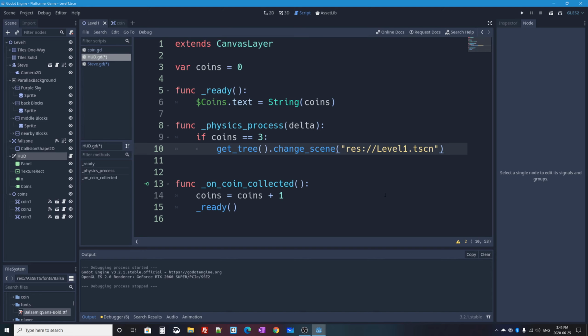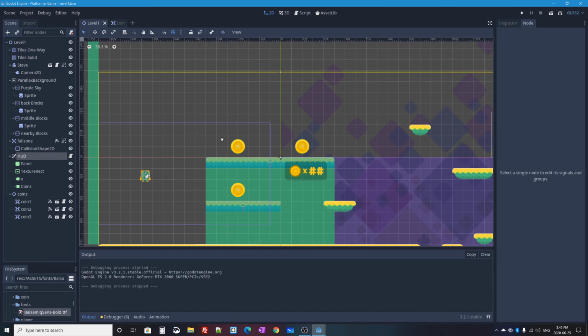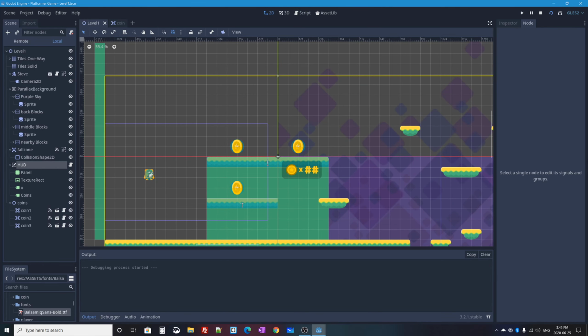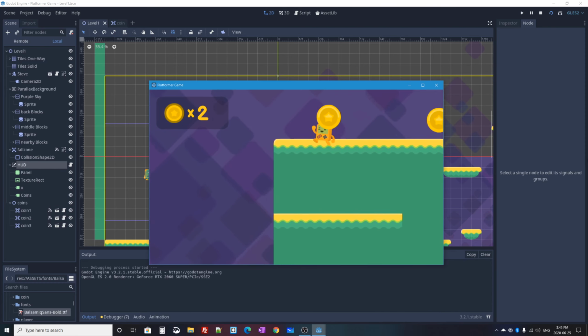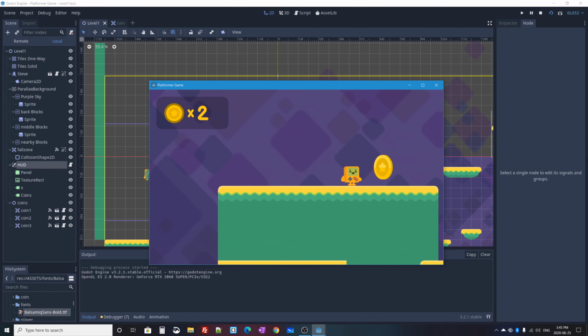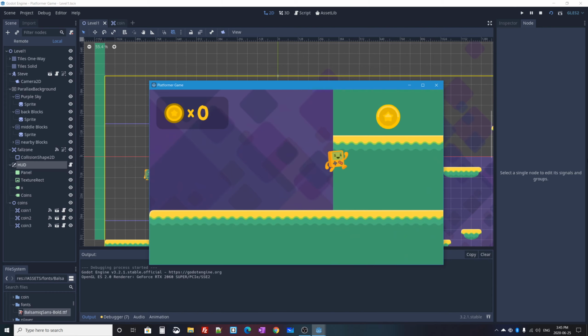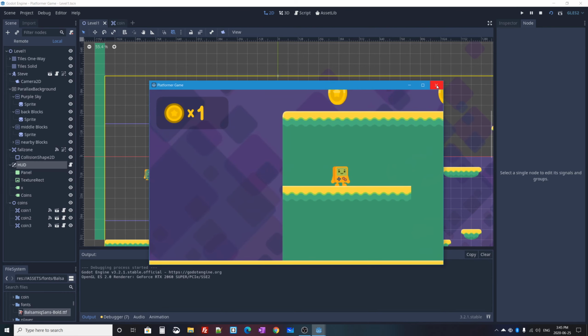If you need to pause the video and get that code for yourself, please pause the video, but I'm going to press Control S on my keyboard, and I'll go back to my 2D workspace, and I will press play scene, and now my game loads. And if I collect 3 coins, hopefully I win the game and my game resets. Okay,